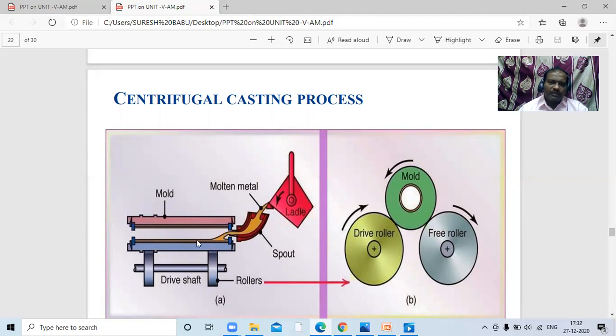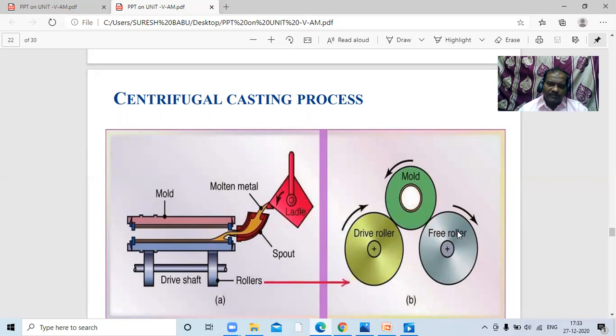If you observe this diagram, two parts are there. It is one way of representation, and this is the side view. If you observe the driving shaft, this is the driving shaft. That means the rollers are rotated with the driving shaft. This is the mold. The mold sits on the drive roller, thereby the mold makes rotations.